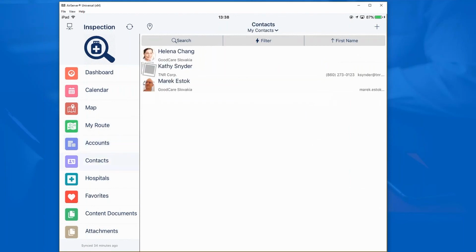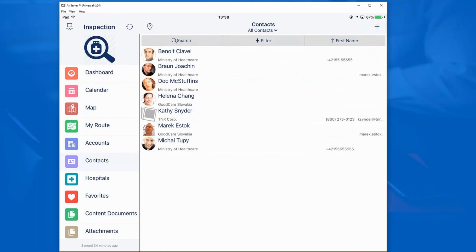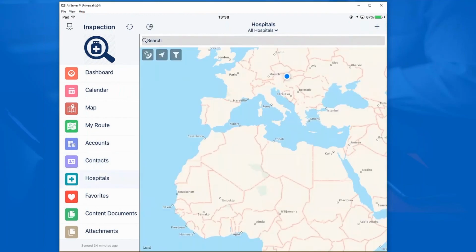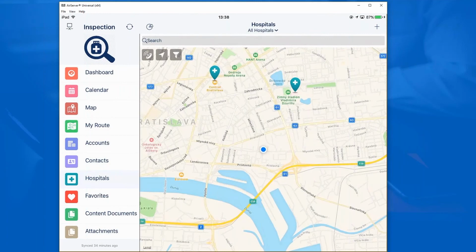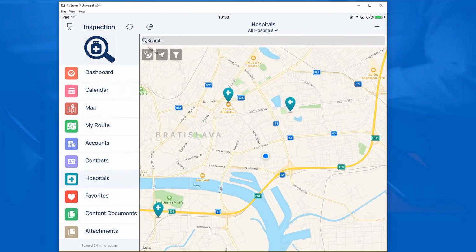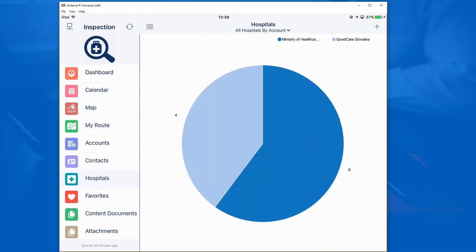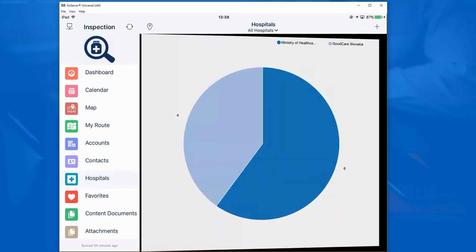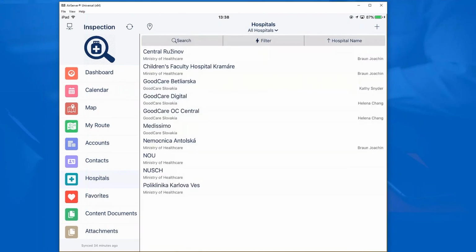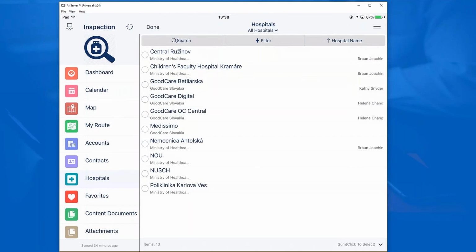And of course, yeah, I can consult standard objects like accounts or contacts. I can see just my contacts or all of the contacts that I have in here. I can see my hospital. This is a custom object that I configured, and it's configured to show you the map view by default. But again, I can simply flip it to some kind of a chart or the list and work with this list. An interesting feature is, for example, the multi-selection,